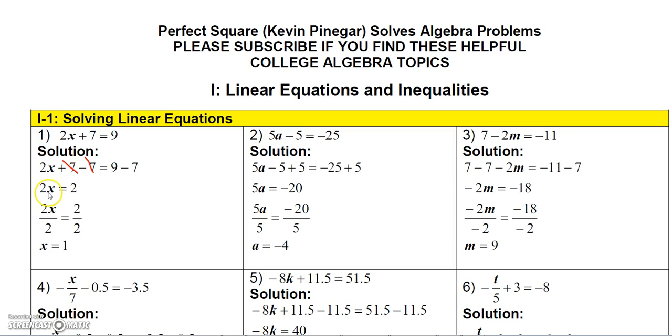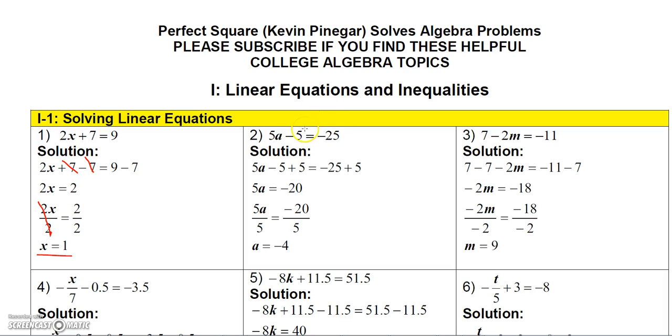And then on the next step, I'll have 2x equal 2, so now to isolate the x, I'm going to divide the 2x by 2, and also divide the 2 by 2, and then 2 over 2 is 1, so that'll just give me 1x, which is x, and over here 2 over 2 is 1, so for that one,